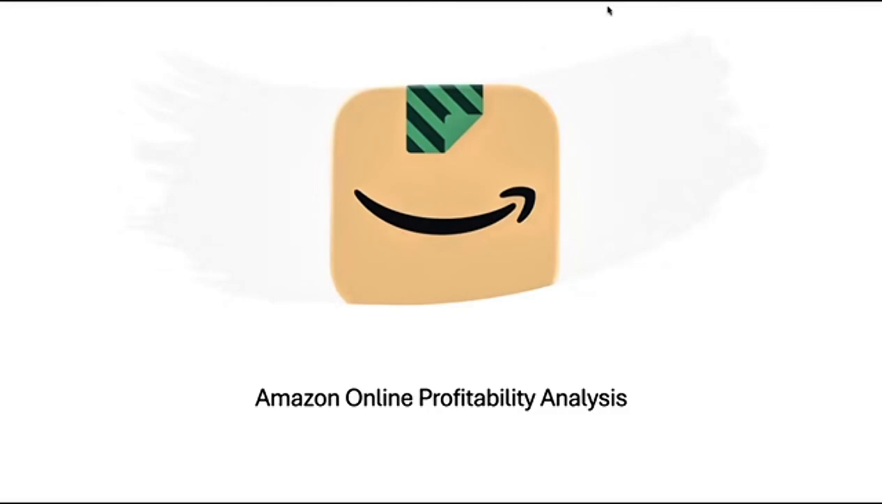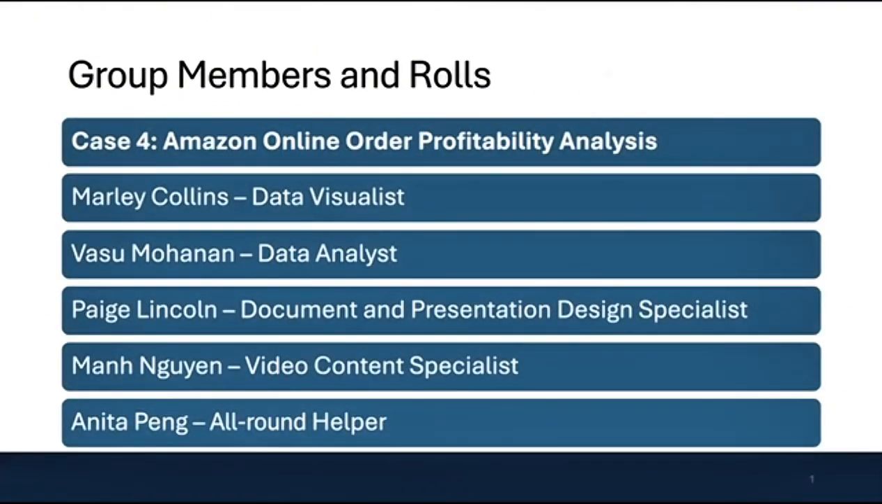Our team analyzed a sub-dataset of Amazon online order data in the US to better understand what drives profitability at the order level. We used Tableau to explore patterns in the data and regression analysis to identify the most important drivers of profit. Introducing our group, we have Marley Collins, who is our data visualist,